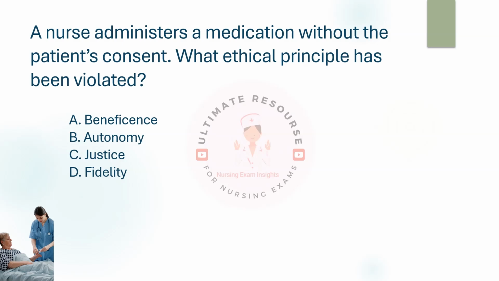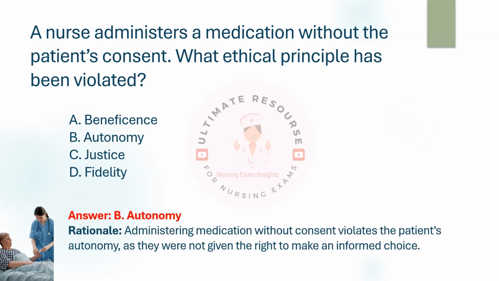A nurse administers a medication without the patient's consent. What ethical principle has been violated? Options are A. Beneficence, B. Autonomy, C. Justice, D. Fidelity. Answer is B. Autonomy. Administering medication without consent violates the patient's autonomy as they were not given the right to